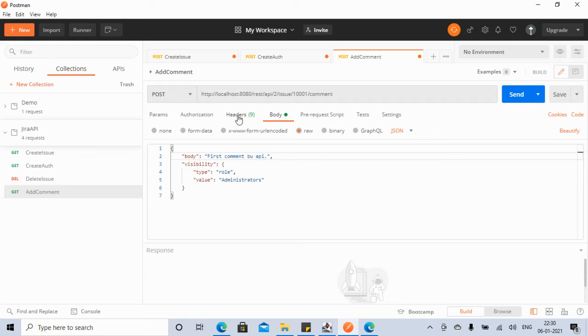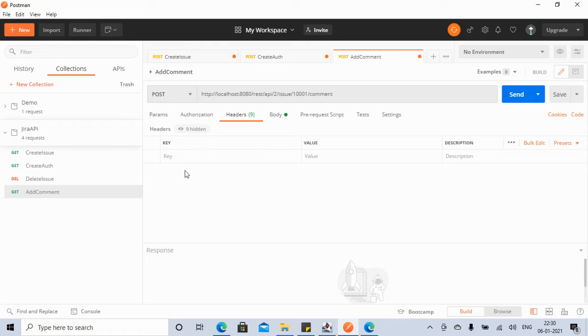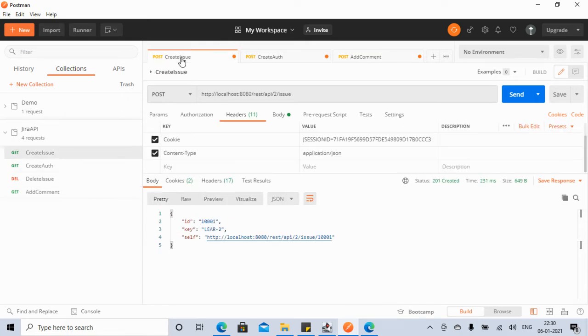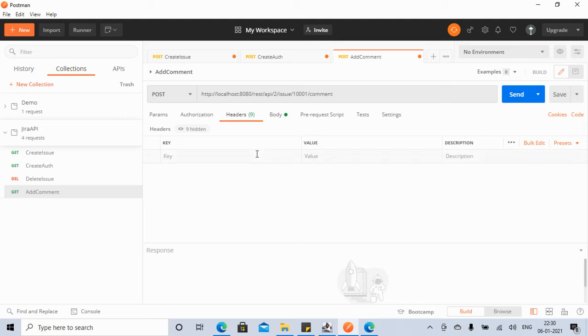But we also have to add the headers. We know that, right? We have to add this session ID that we have. So let's copy this session ID from this header. Yeah, here it is. Let's copy this header here because Postman needs this to communicate with Jira, right? So here we go, and that's it.